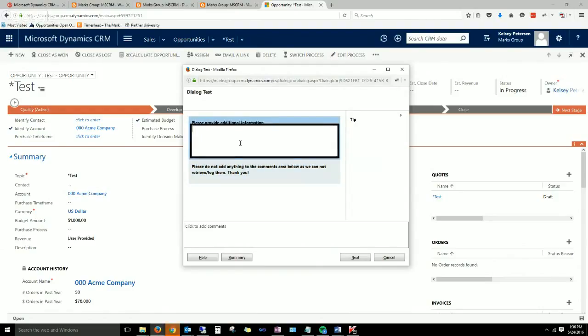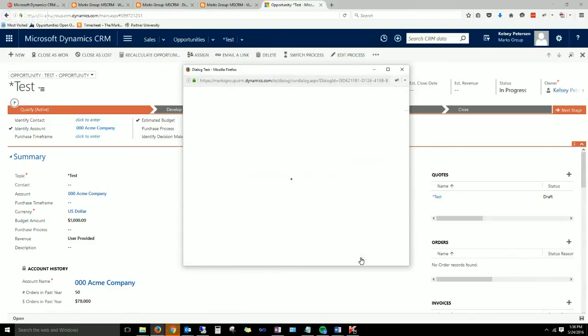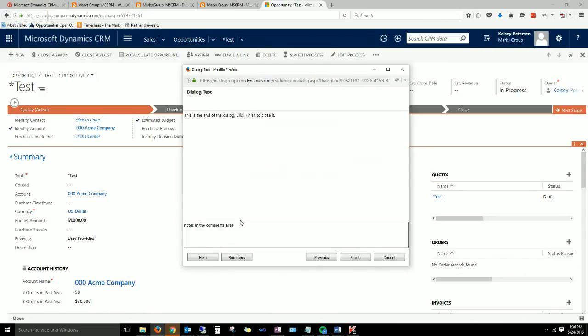Instead, use this box. So I'm going to add a couple notes in here so we can go and see them. So that's one way to help alleviate some of the confusion for your users. Now, if you do want to get to this comments information,